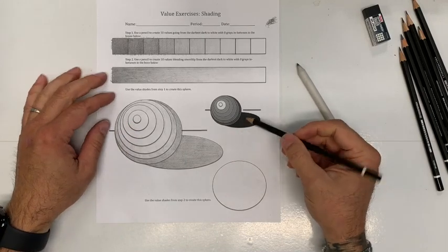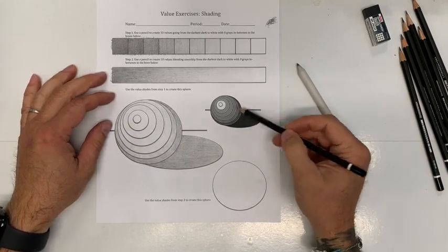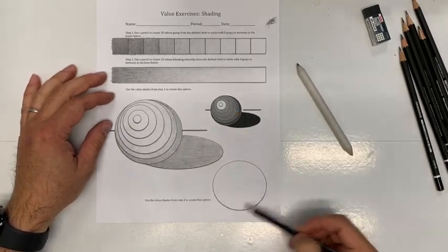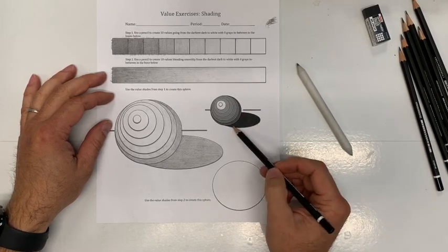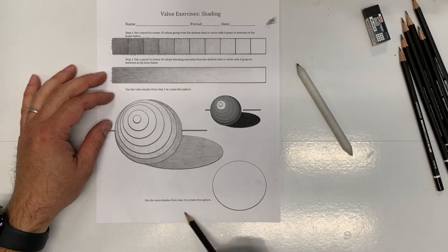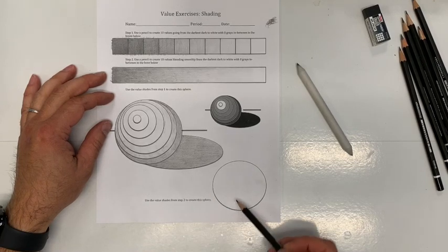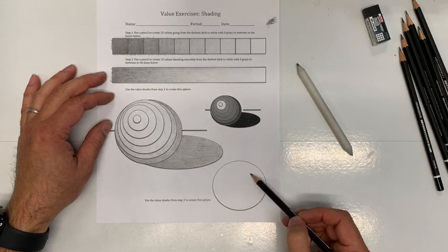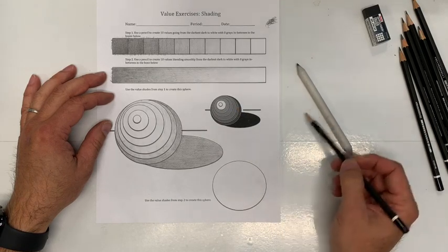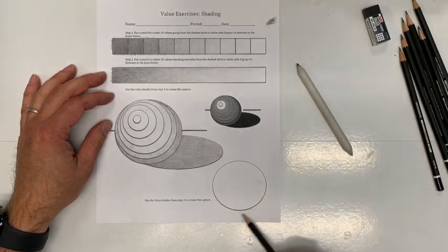So looking at this and looking at where I had to put this on this paper, what we're going to do is put my shadow on this side. So I'm going to reverse my highlight. Instead of my highlight being on the left, I'm going to put the highlight on the right. So my highlight's going to be here, my light source is going to be coming from here,